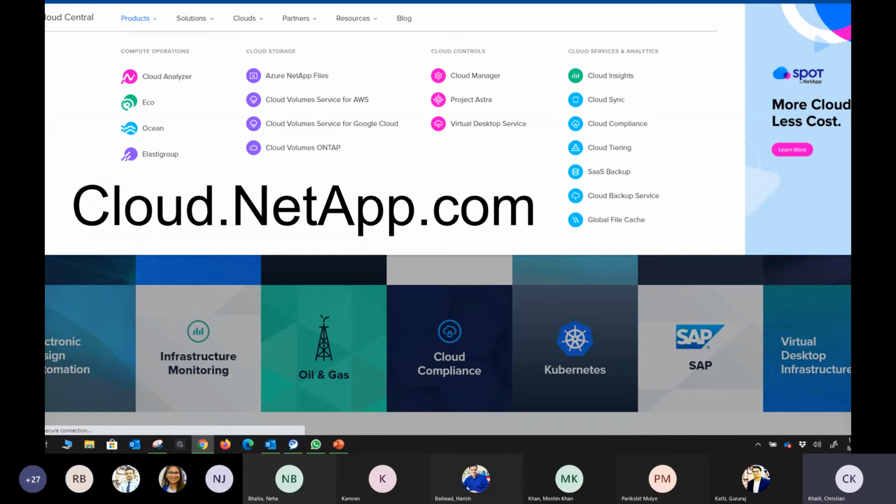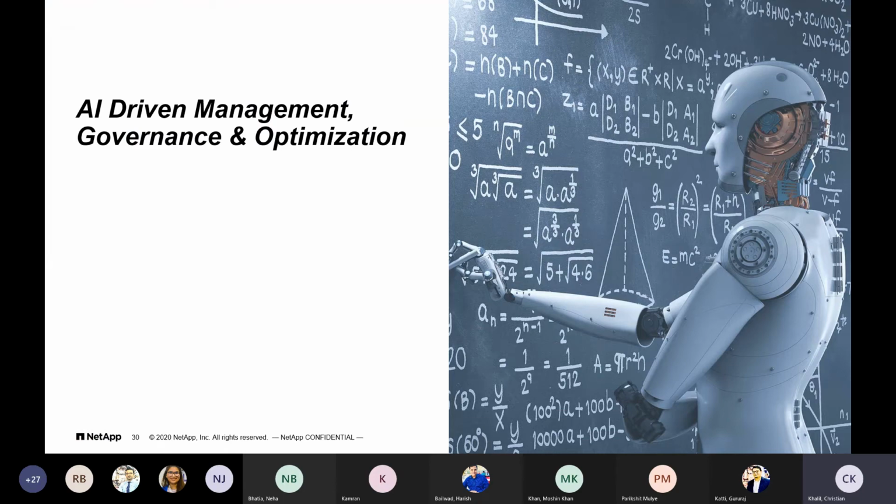similar to Fabric Pool, where you are able to tier from one storage to the other, or one cloud to the other. SaaS backup, which is mainly for Office 365, and Global File Cache, which my colleague will talk about in detail. Now, to end up with the portfolio, here we are talking about our